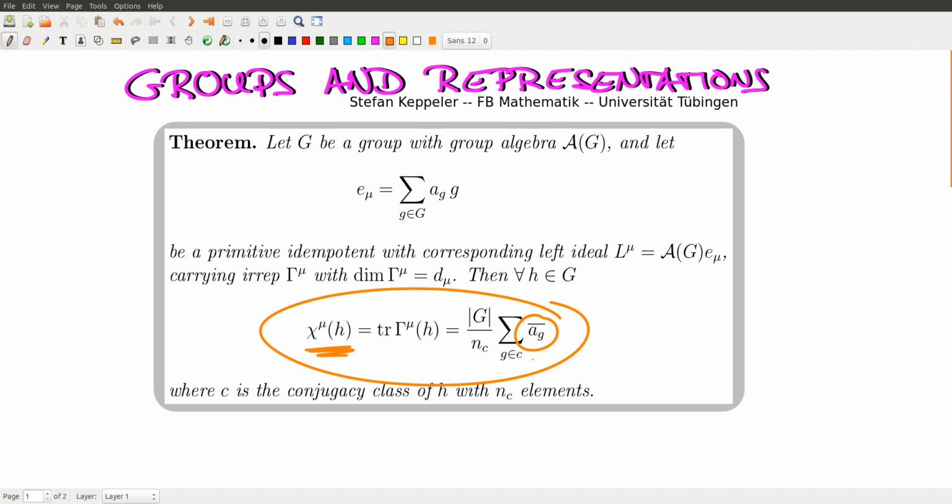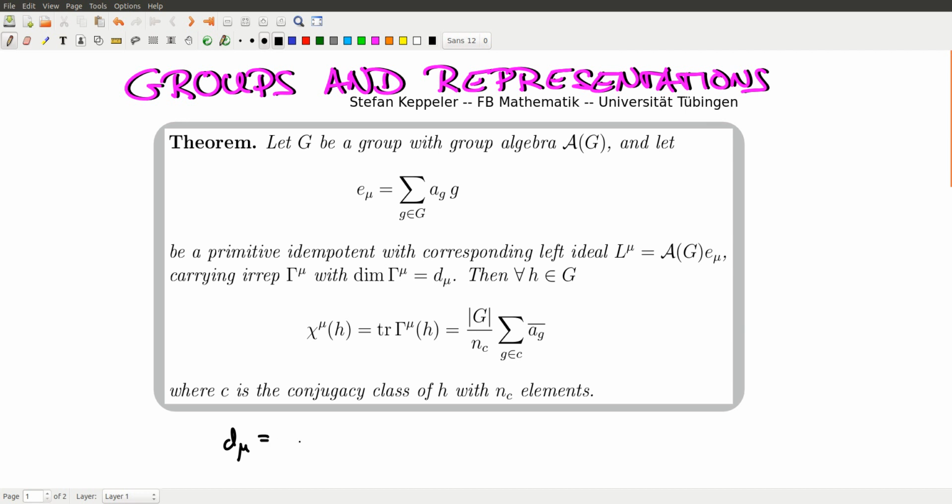So here we see the complex conjugate of the coefficients. If we want to calculate the character of group element H, we sum over all group elements in the same conjugacy class as H, and then there's some normalizing prefactor involving the order of the group and the size of the conjugacy class. Before we prove this, let's remark that if we know the characters, then in particular we